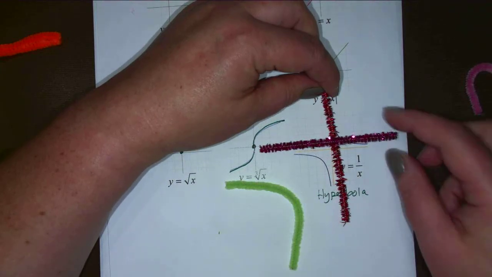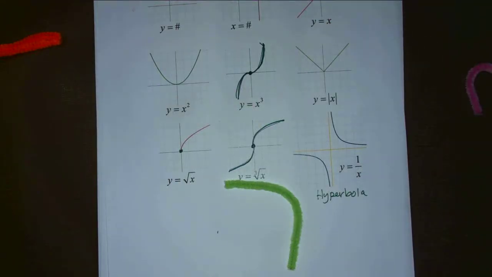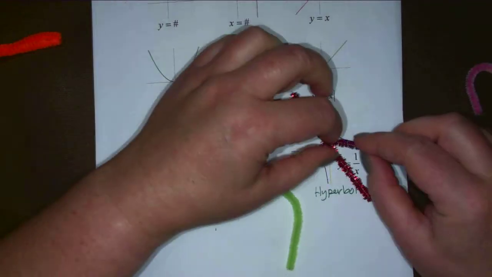You probably have seen this, well definitely you've seen this before. What are they called? The lines that a hyperbola goes up against but not through. The asymptotes. Do you remember asymptotes? Okay, so here's our x and y